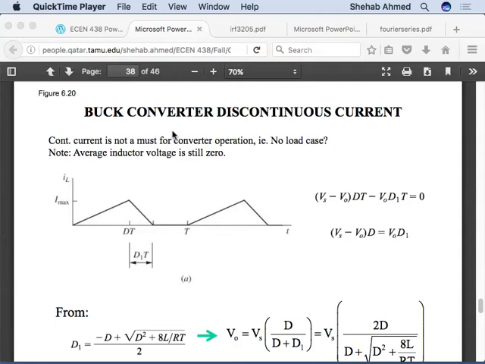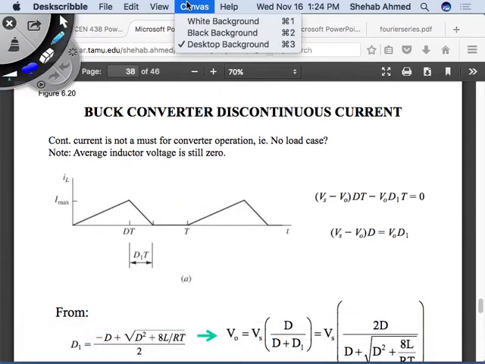Discontinuous mode, quickly, from last time. I just want to draw a few waveforms away from this set of equations. So just as a review for the buck converter, okay? For the buck converter, I have my input source like this, and I have my MOSFET, and I have a diode,